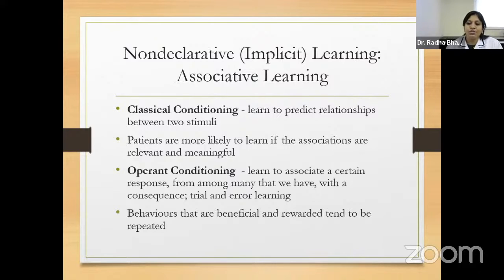Fine. If you make your patient well aware that if you do this movement, you will fall, or if you place it like this, there are chances that you will fall, so don't do this. Here what you are doing is giving an association which is very meaningful. Or the other way around, if we want to tell our patient, if you want to reach, you will have to bend this much, or you will have to extend this much to reach for this particular distance.